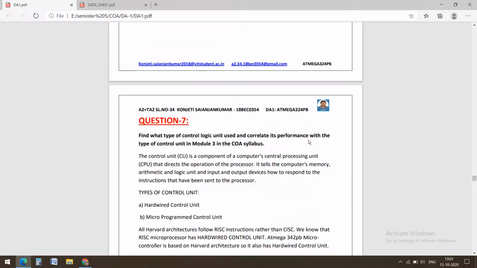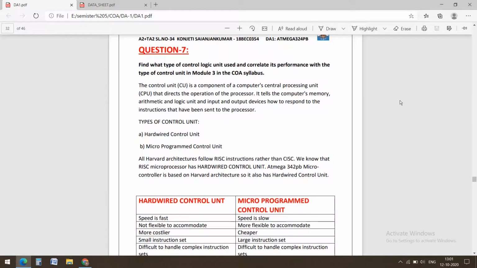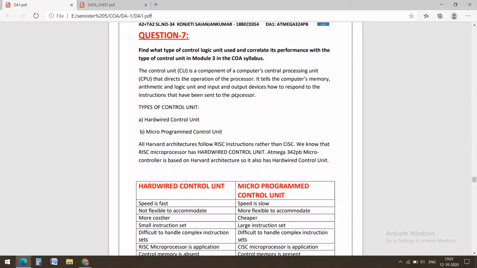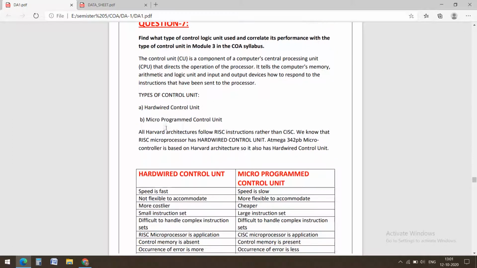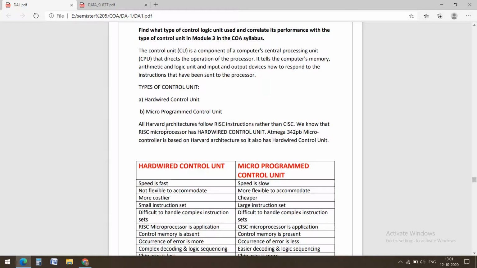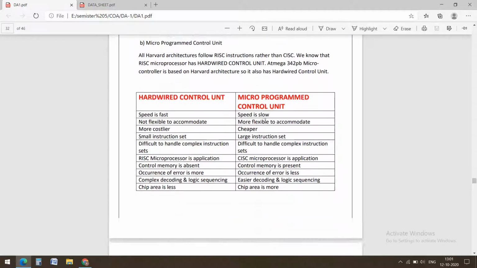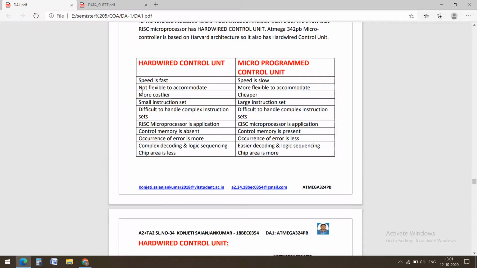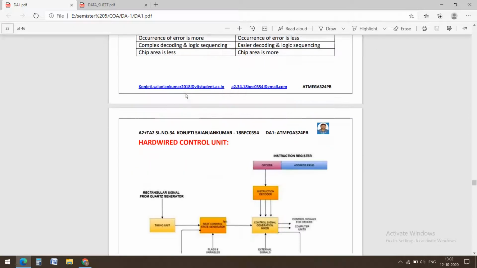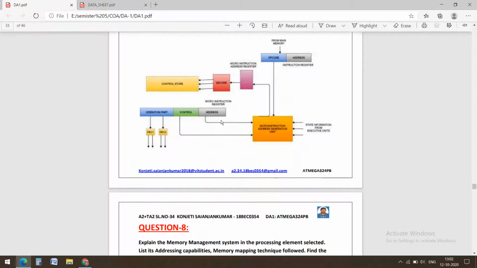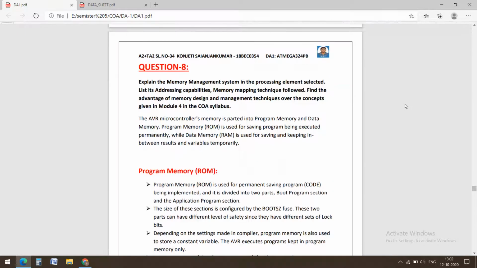I have edited it in app.diagrams.net. And then next, the control logic unit which is used. The main control units are, as we know, hardwired and microprogram control units. As my microcontroller is based on hardware architecture with a RISC instruction set, it uses a hardwired control unit. All this information I have collected from online resources. I have tabulated the differences between them, and the diagrams and the flowchart regarding the control unit I have drawn in app.diagrams.net.